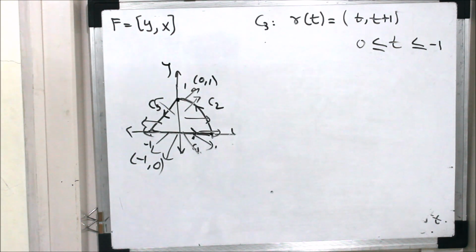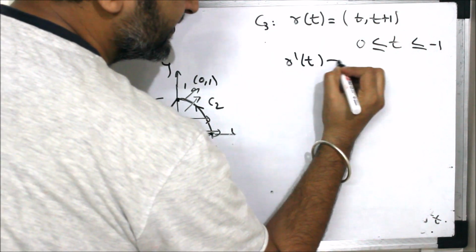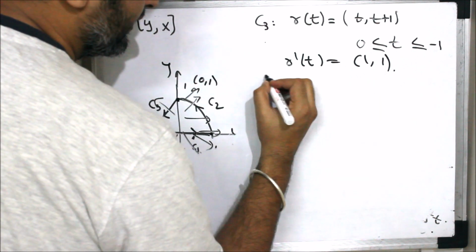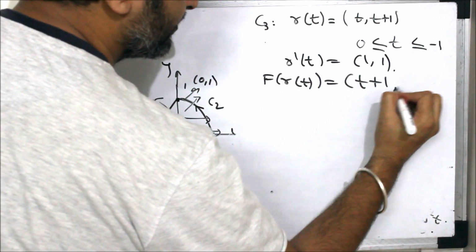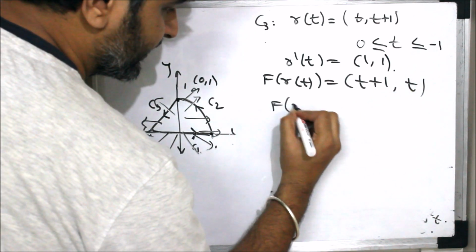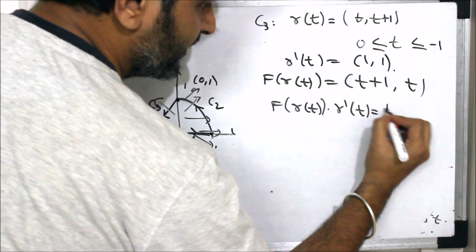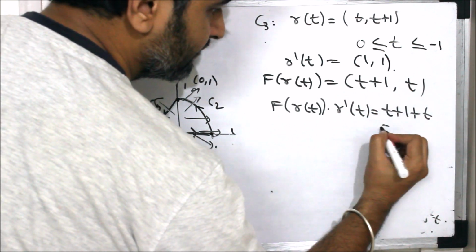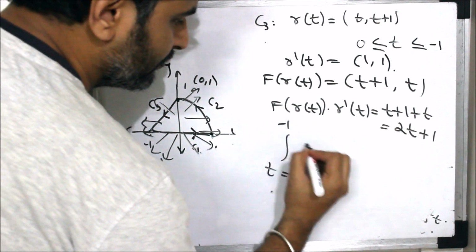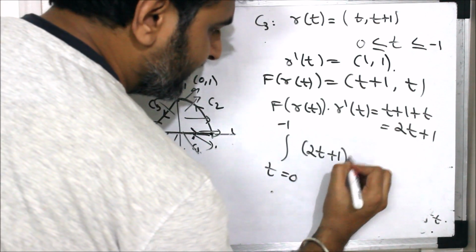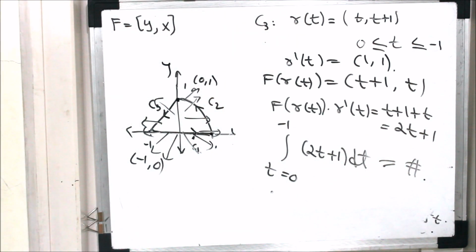Okay, so if I take this as a parameterization, then what is my r dash of t? It is nothing but 1, 1. And what is f of r of t? It is nothing but t plus 1, t. And if I take the dot product, f of r of t dot r dash of t, it is t plus 1 plus t, which is 2t plus 1. So what is the line integral? t is going from 0 to minus 1, 2t plus 1 dt. You solve this integral, which is very easy,